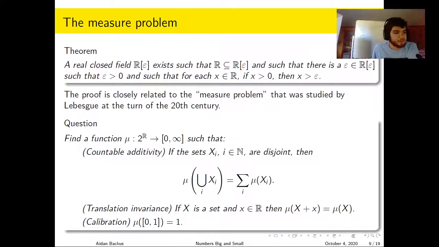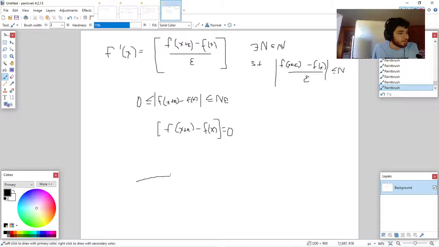So this kind of makes sense. If I have, let's say, this is a subset of the real numbers, and this is a subset of the real numbers. This guy is length 1, this guy is length 2. The total length of these guys should be 3. That is a very reasonable thing to demand.